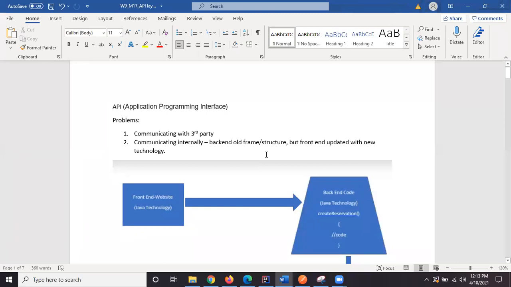Can somebody give a quick answer? What is API testing? API testing. It's okay. I think I covered this a couple of weeks ago. I'm sure you probably need